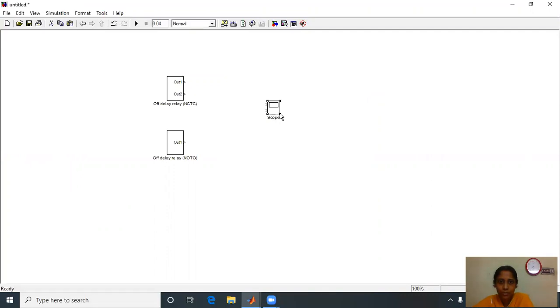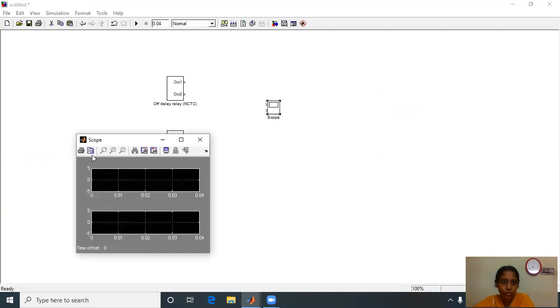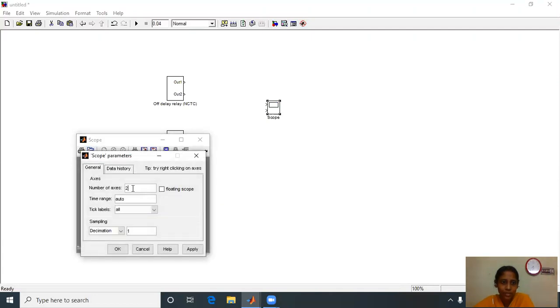And just see here, there are 2 input ports. So I have to again change the number of axes to 3.